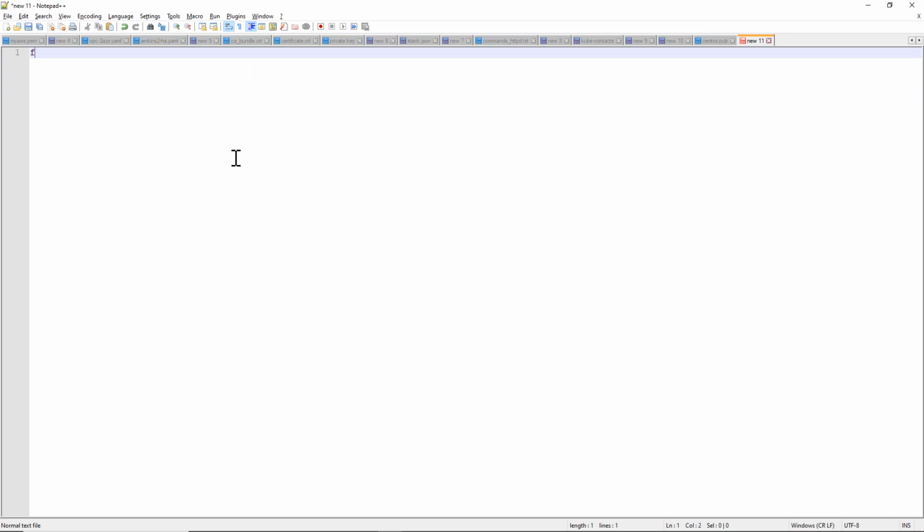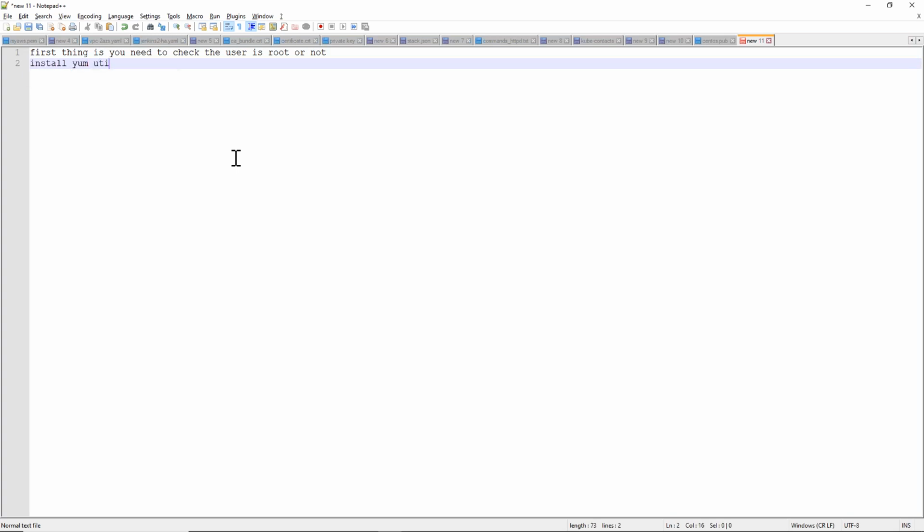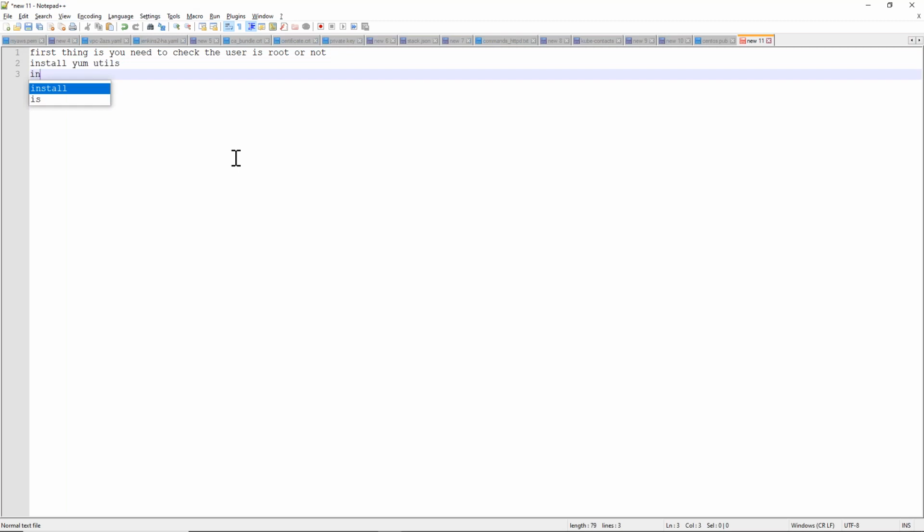What are the instructions? First thing is you need to check the user is root or not. So this is the first task, and then second task is install yum-utils, add the config manager repo.